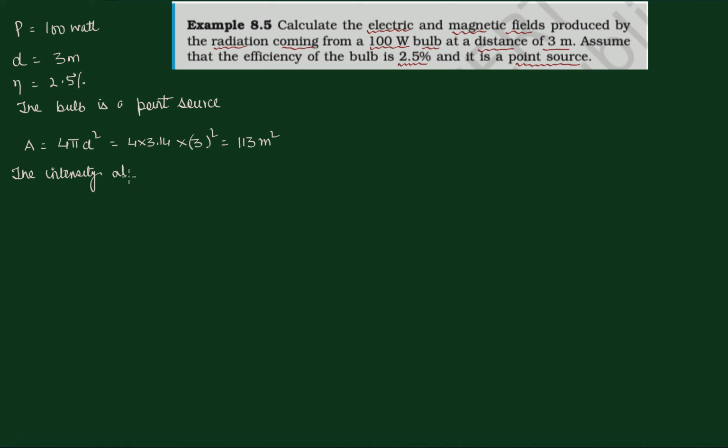The intensity at this distance is, अब आपको इंटेंसिटी को समझना है। सबसे पहले जो इंटेंसिटी होती है, is represented by I, this is energy upon area into time. Okay, so the energy upon time is power upon area. So the power of the bulb is 100 watt, right? Area is 113 meter square, and then efficiency of the bulb is